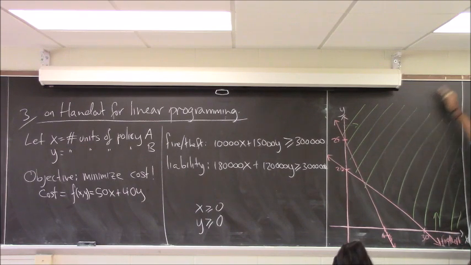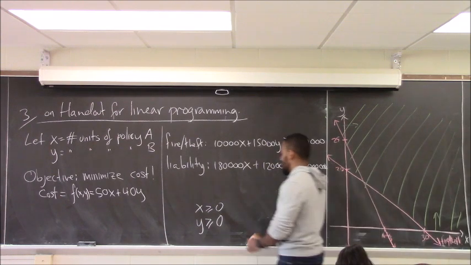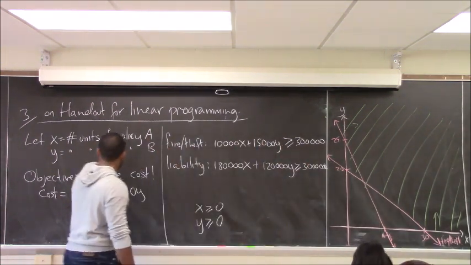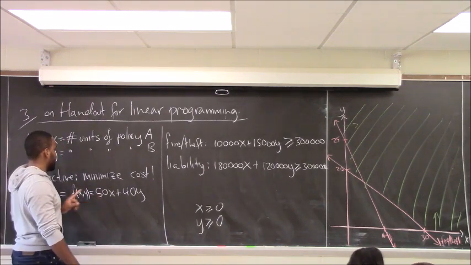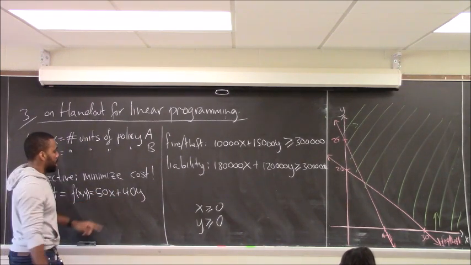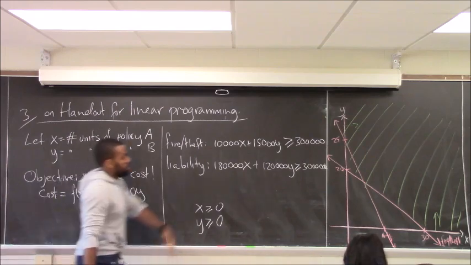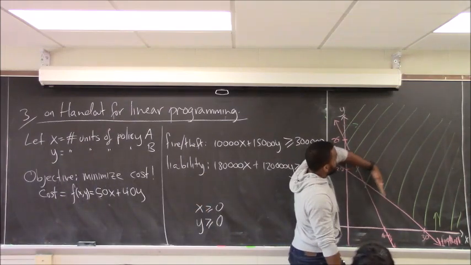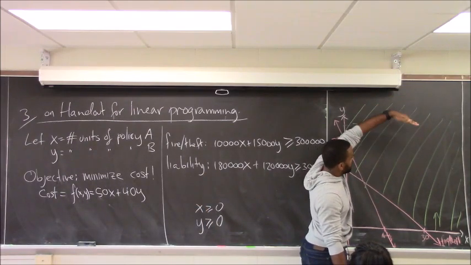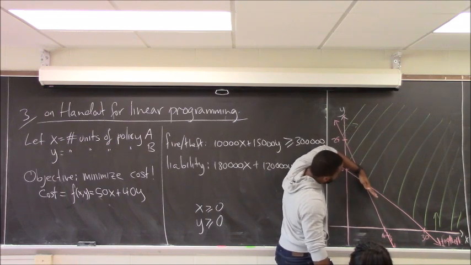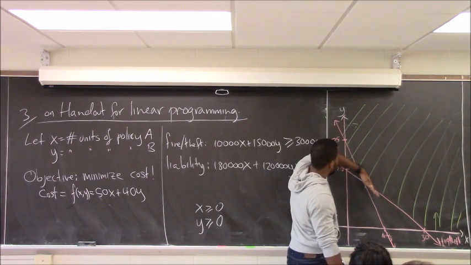So there's no limit to what you could spend on insurance, of course. But we actually want to find the minimum. Notice that if I were to set this equal to a value and sketch it as a line, it will have negative slope. So the line is here. I can shift it up as long as I want to. There will be no maximum. But shifting it down as much as I can, there will actually be a limit before I leave the feasible